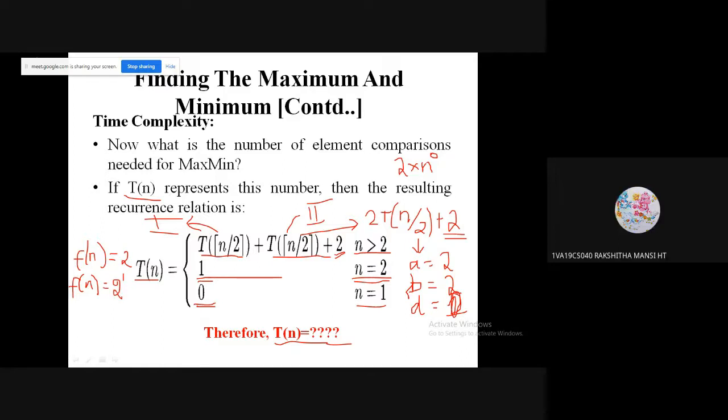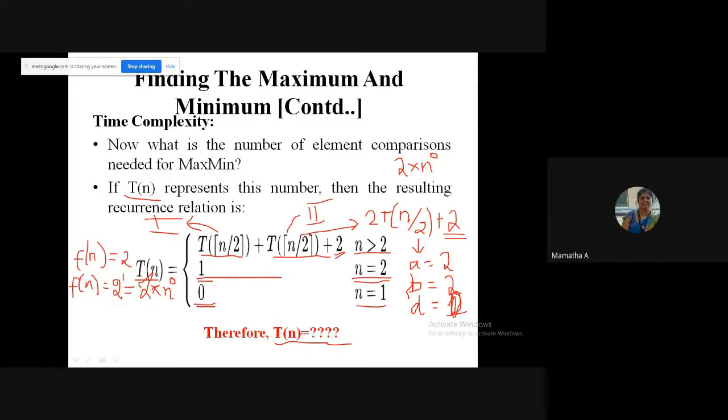If you are expressing it in terms of n, then as you told, it should be 2 into n to the power of 0. Then D will be 0. You should express this in terms of n, not in terms of 2 power. That's the only option. I cannot write 1 here. If I write 1, I will get 2n, but my f of n is not 2n. It is just 2.